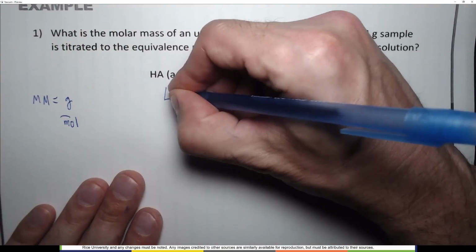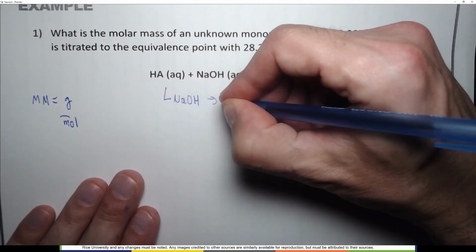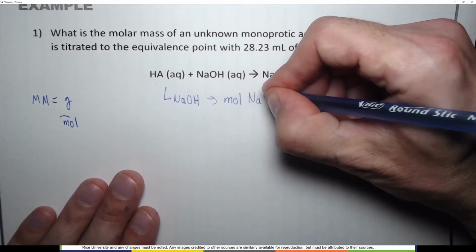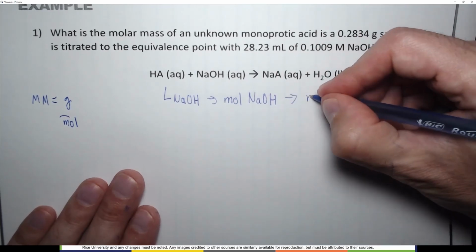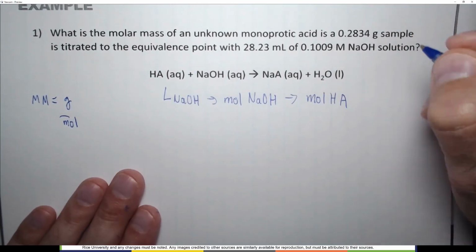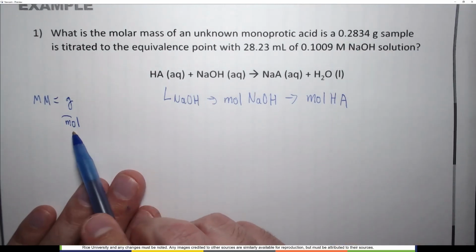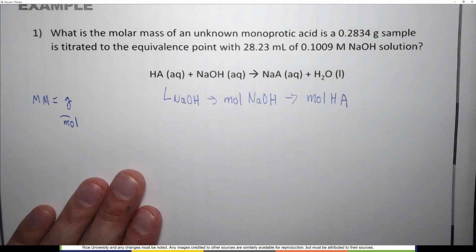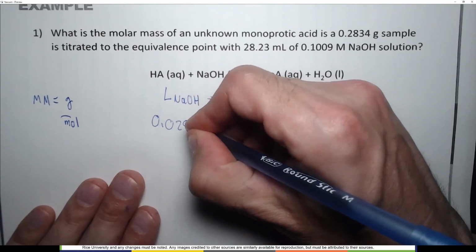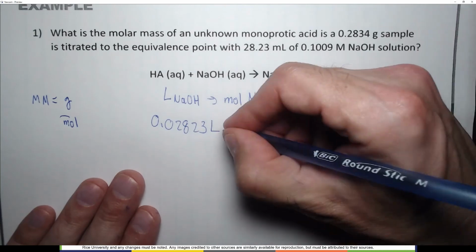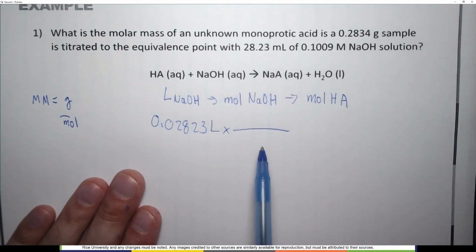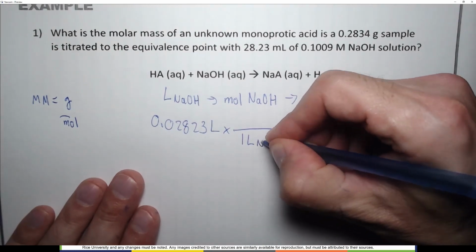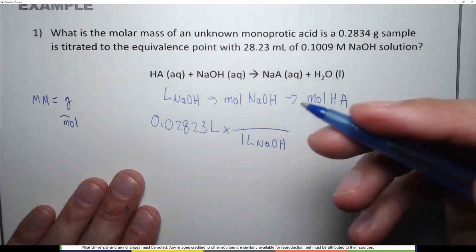Very specifically, we want to take liters of NaOH and convert it to moles of NaOH, and then finally to moles of HA. We have grams of HA. If we put in moles of HA, we will have molar mass. So, starting here with this in liters, 0.02823 liters times, well, now we need to convert this to moles, which is going to be, for every 1 liter of NaOH, this particular NaOH solution contains